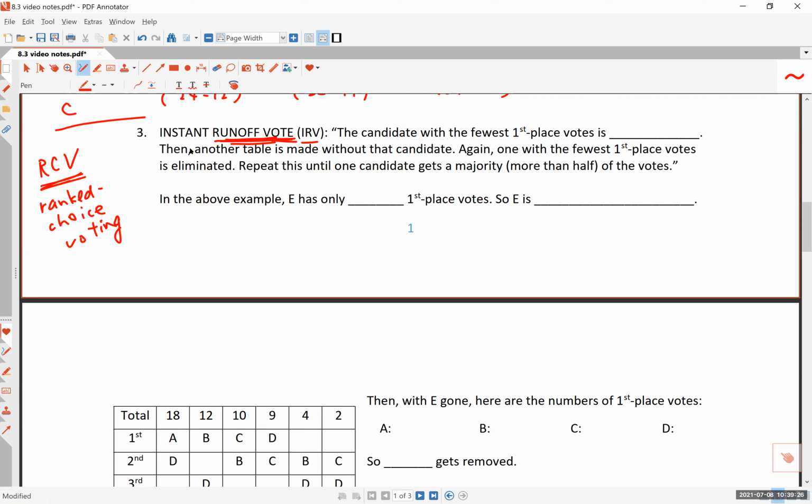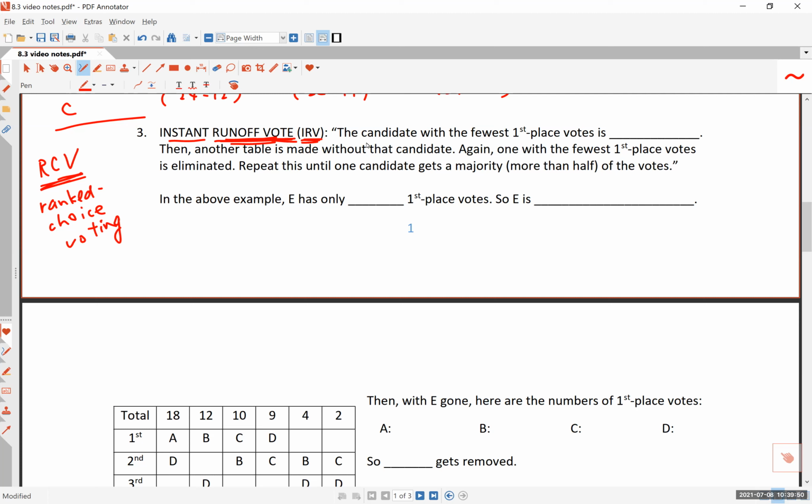So what they do is this procedure, which we will go over in just a second, and they consider this to be an instant runoff vote. The people only vote once, but the process is going to take several steps. All right, and so this is called the instant runoff vote, otherwise known as the RCV, ranked choice voting,